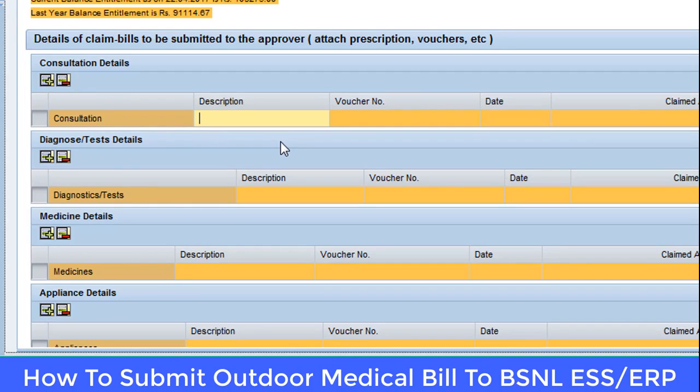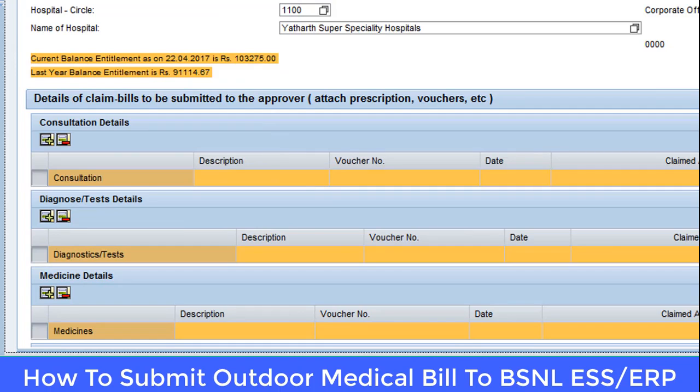As this is the first consultation, in the description field you can write the name of the doctor, like consultation with Dr. Rahul. Some description you can write here.